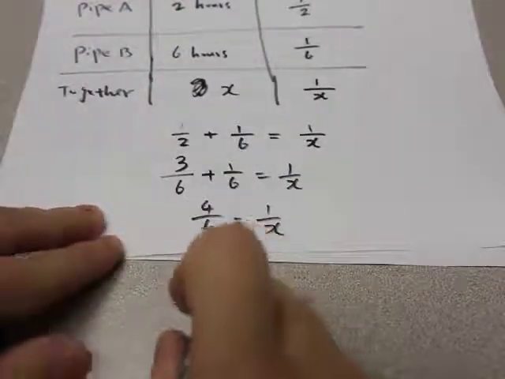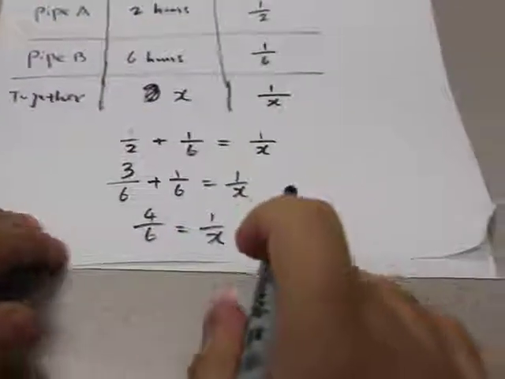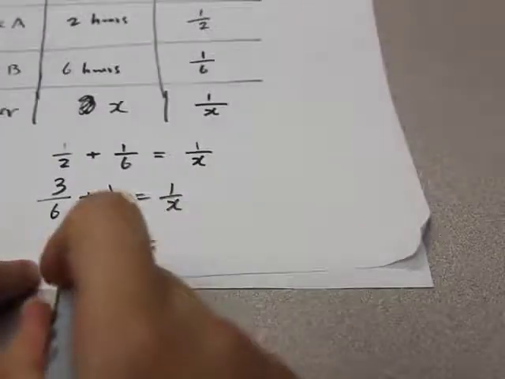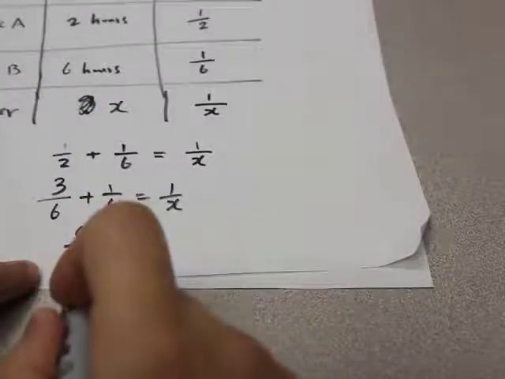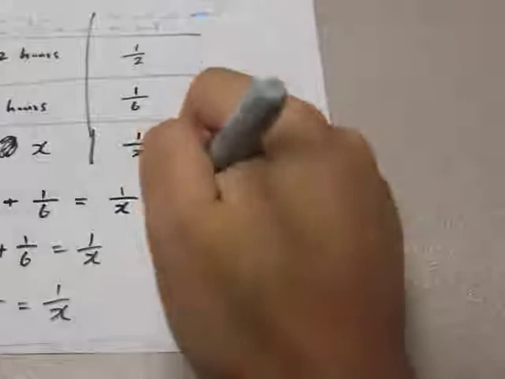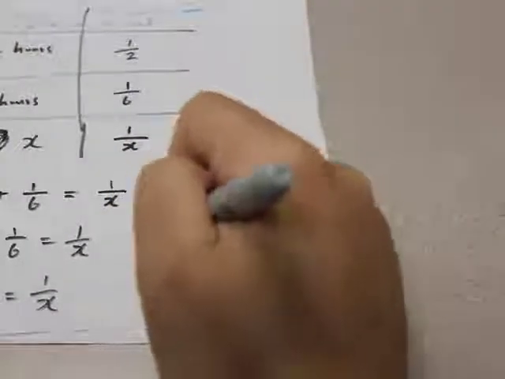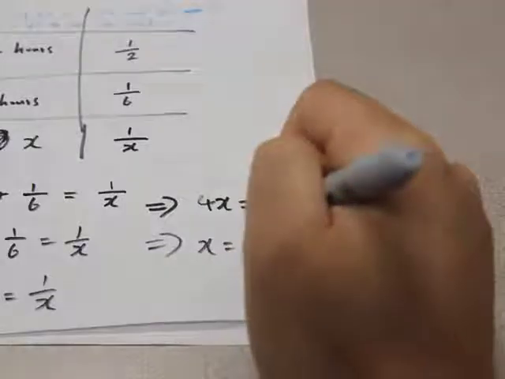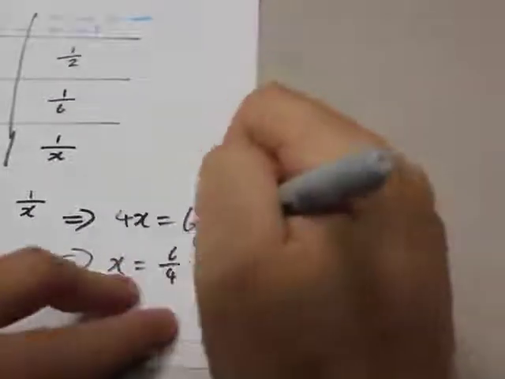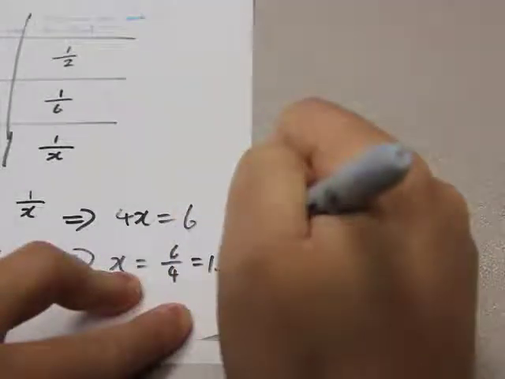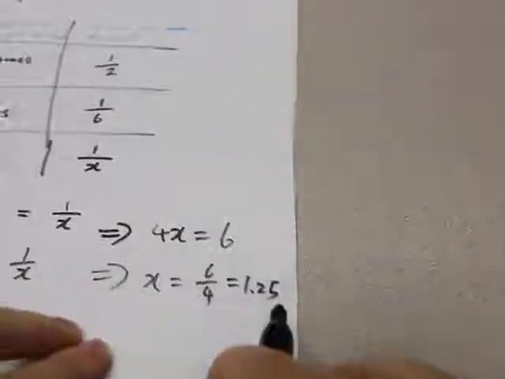And then, since this is a rational equation, to solve this equation, we multiply 4 by x and multiply 6 by 1. We can rewrite the equation this way. So therefore, x equals 6/4, which is